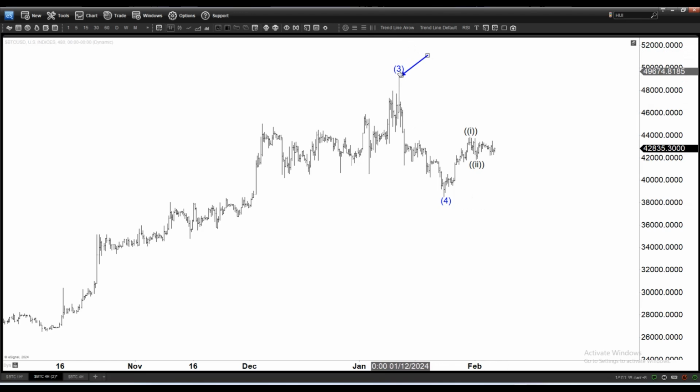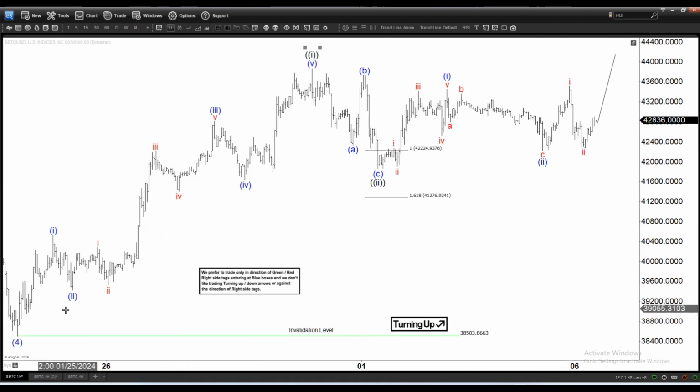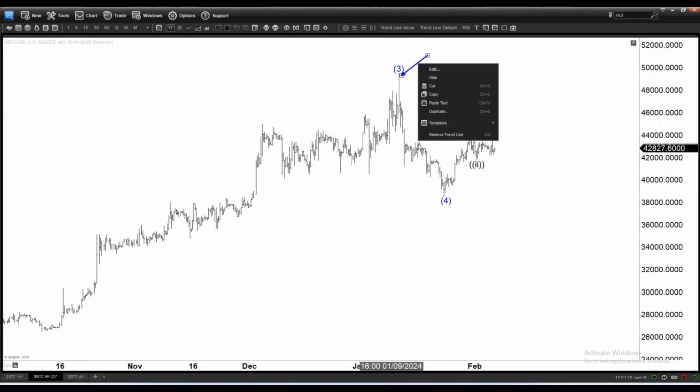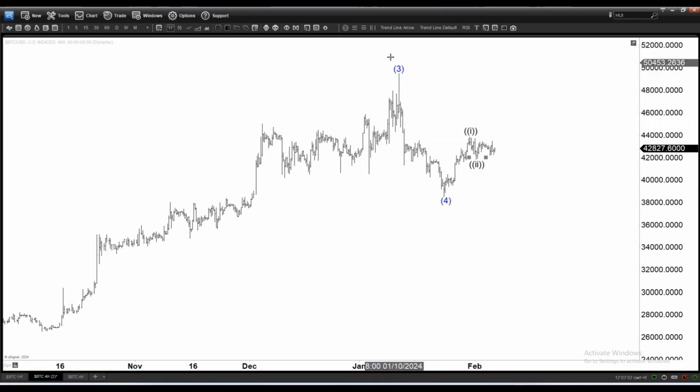Now if we do break above wave 3, that means we open up another leg higher, a higher high, and that confirms that wave 4 is really a wave 4. Until we literally break above wave 3, you can call it wave 4, which is the most aggressive view, but you don't have the confirmation yet that it is truly wave 4. So until it really breaks above wave 3, we cannot completely rule out what we call a double correction. A double correction will look like this. This is counted as a W, this is X, and then you got a Y, and that will be the end of wave 4. That is the alternate path, which is also possible.